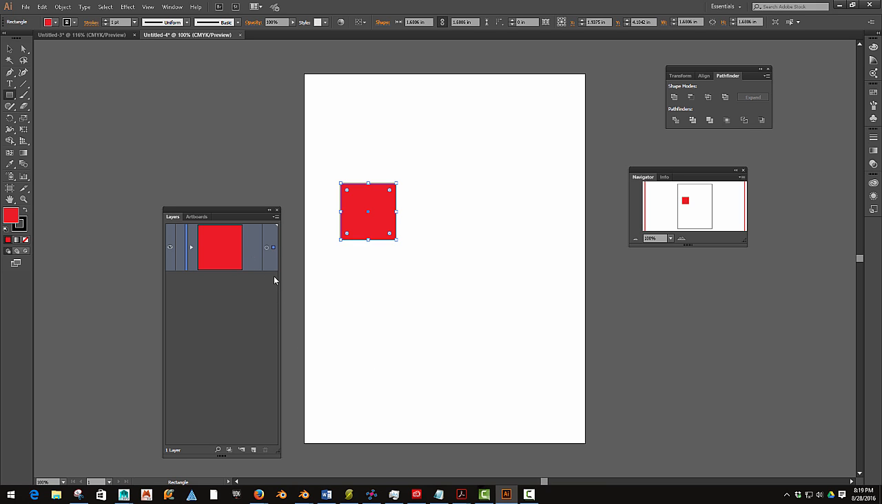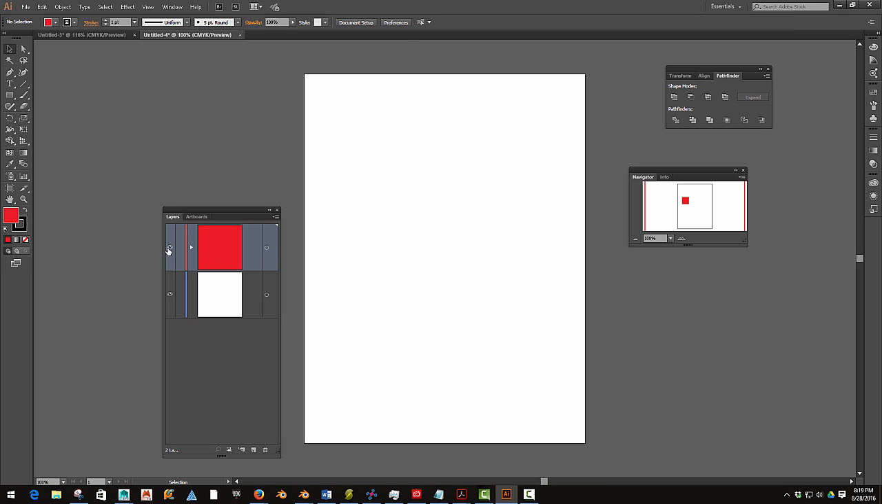But let's say I wanted to make another layer. You just click here. Now, all the elements on this layer can be moved to another layer. I can click on the red square and move it up to this layer. I can now uncheck this and it will disappear. I can lock it